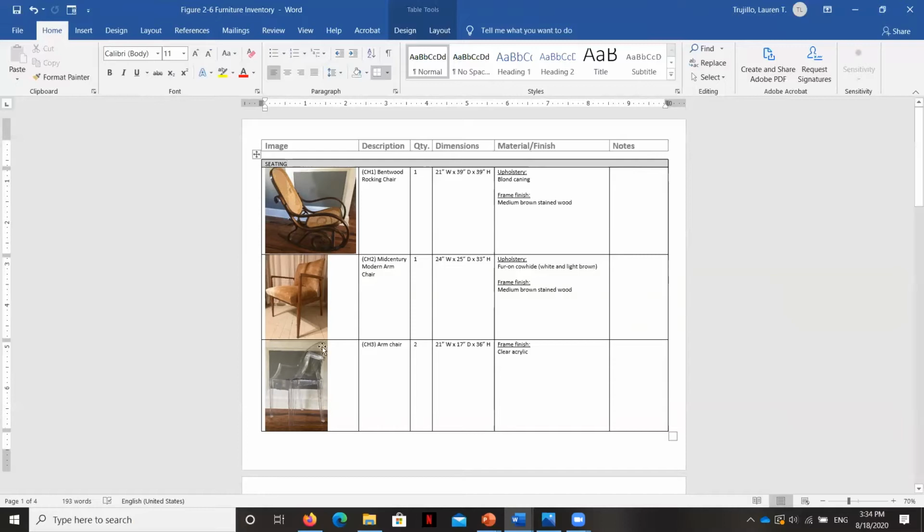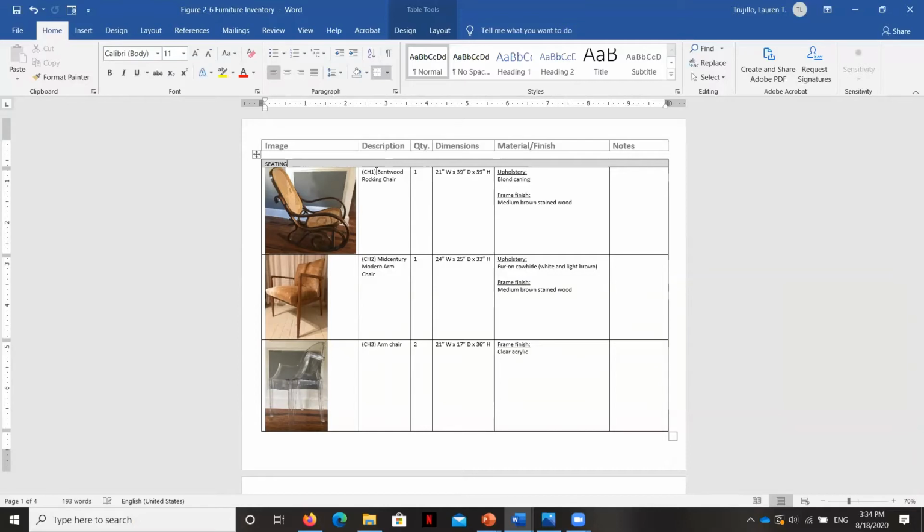You can see here in the next column, I have also described it. I've talked about the style and what type of chair it is, but you can also see I've put a little key in here, and that becomes important later as I create a floor plan for my client.